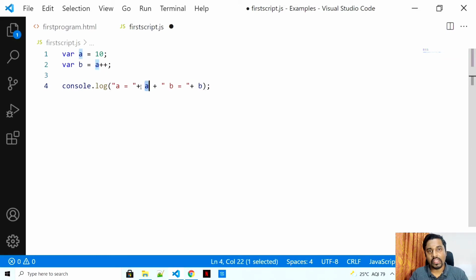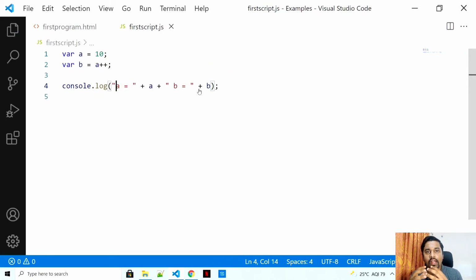So A equal to value of A, B equal to value of B. Okay, into our consoles. What do you think the value would be? To understand this program, your answer is simply hidden in this whole statement. What it will do is, before assigning, see A and then it is plus plus. So first we have A. Think of it like that: A will be moved to B and then A will get incremented.